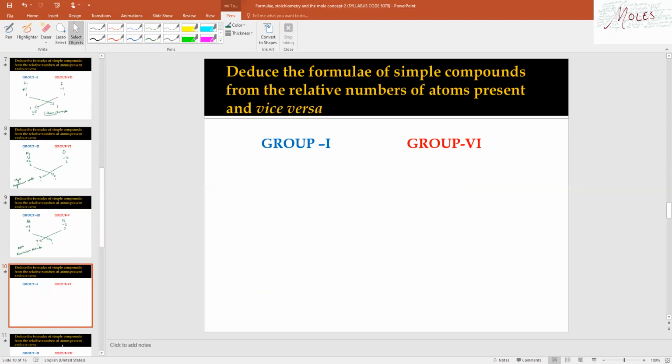But what if we have a situation where there's a metal from group 1 like sodium, and a non-metal from group 6 like sulfur? Valencies for both of these will be different subscripts. These will be swapped again. We'll get Na2S as the final formula. Na2S. The name will be sodium sulfide.